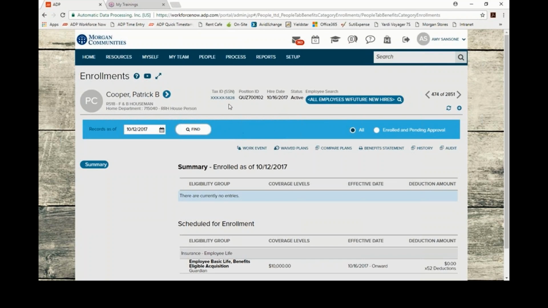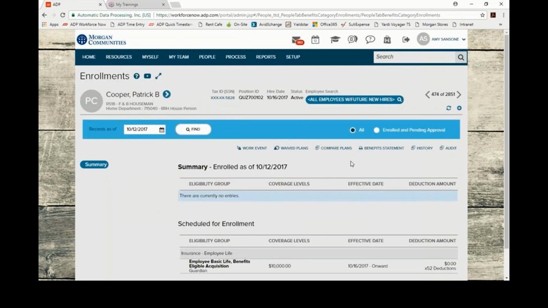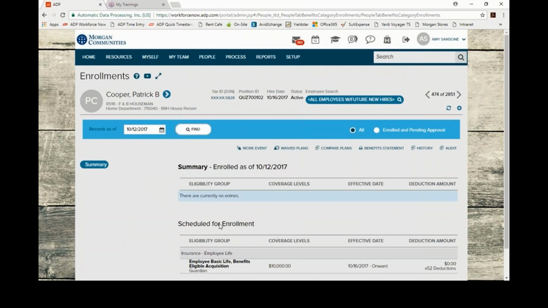So once you find your person, we're on enrollments. It's going to take you to a page that looks like this. By default, all the full-time employees should automatically have the Employee Basic Life $10,000 coverage. Now, I'm noticing that this person does not have a beneficiary assigned, which means that before I do anything, I